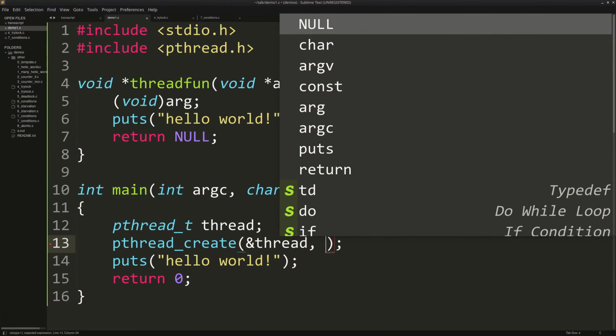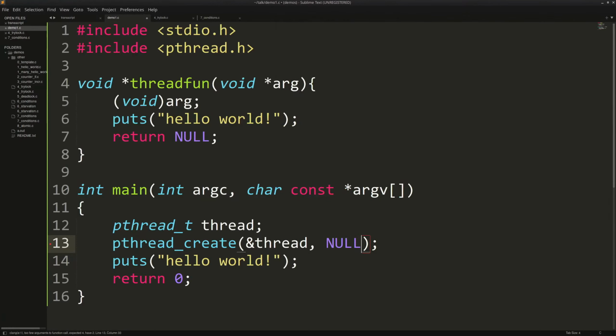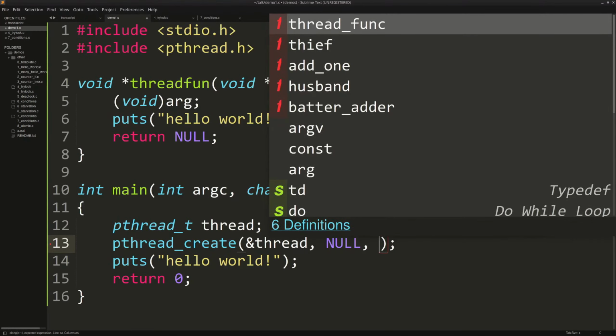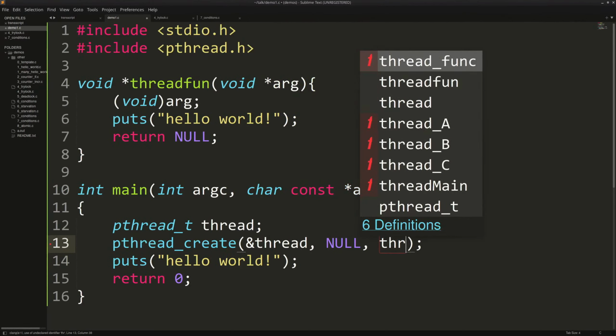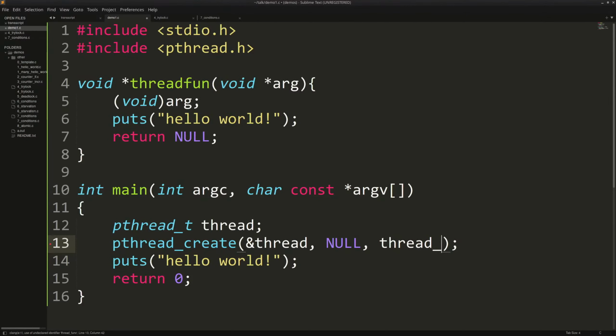The second argument it expects is a bunch of attributes. You can give your thread attributes and that'll change its behavior slightly, but that's out of the scope for this talk. I'm not really interested in that, so I'll pass in NULL. Then it expects the actual function that we want to run, so I'll pass in thread_fun. And lastly, the argument here can be passed in from here, but I don't really have anything to pass into it, so I'll just pass in NULL.